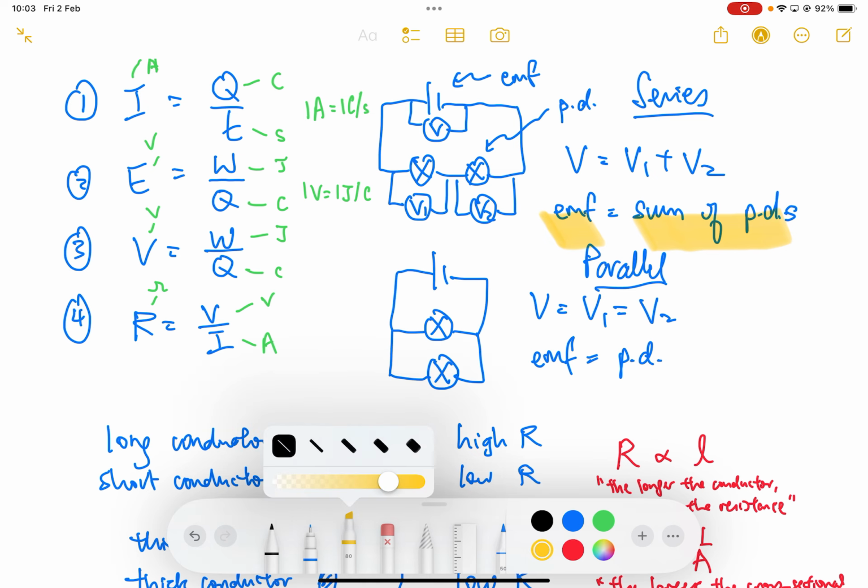The sum of the PDs. So in this case, V1 and V2 added together will be equal to V, the EMF. The sum of the potential differences is equal to the EMF of the power source. This is for series circuit only. Then for parallel circuit,